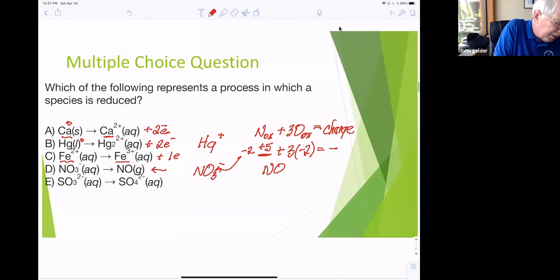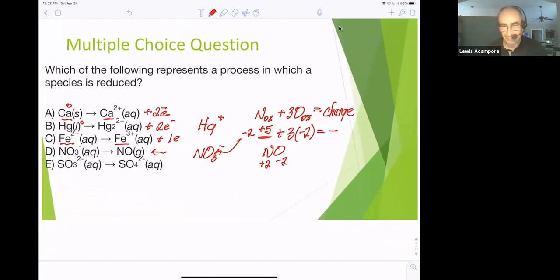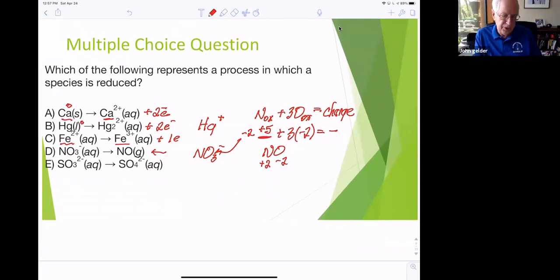And then as NO, since oxygen is a -2, your nitrogen is a +2. So the decrease in oxidation number from a +5 to a +2 is indicative of reduction. And typically for questions on the AP exam where students are expected to justify their selection of a chemical equation as representative of an oxidation reduction reaction, students must represent that with a